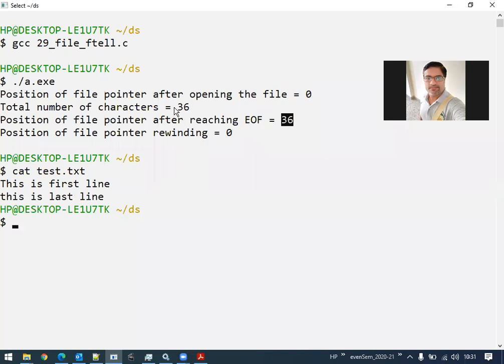So do you think there is any mistake in this program, or is it working correctly? There are total 36 characters, and ftell is returning 36 because at the 36th position there is the end of the file. Do you think it should be 37, or is 36 correct?